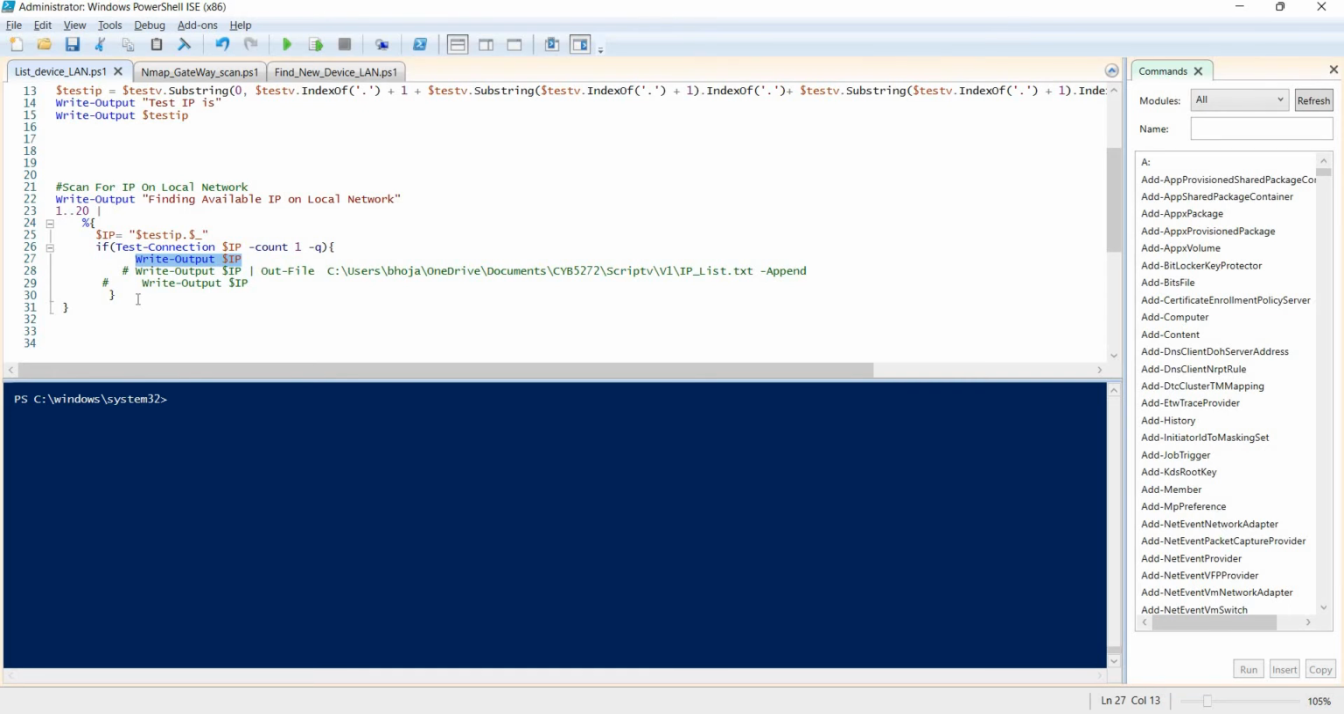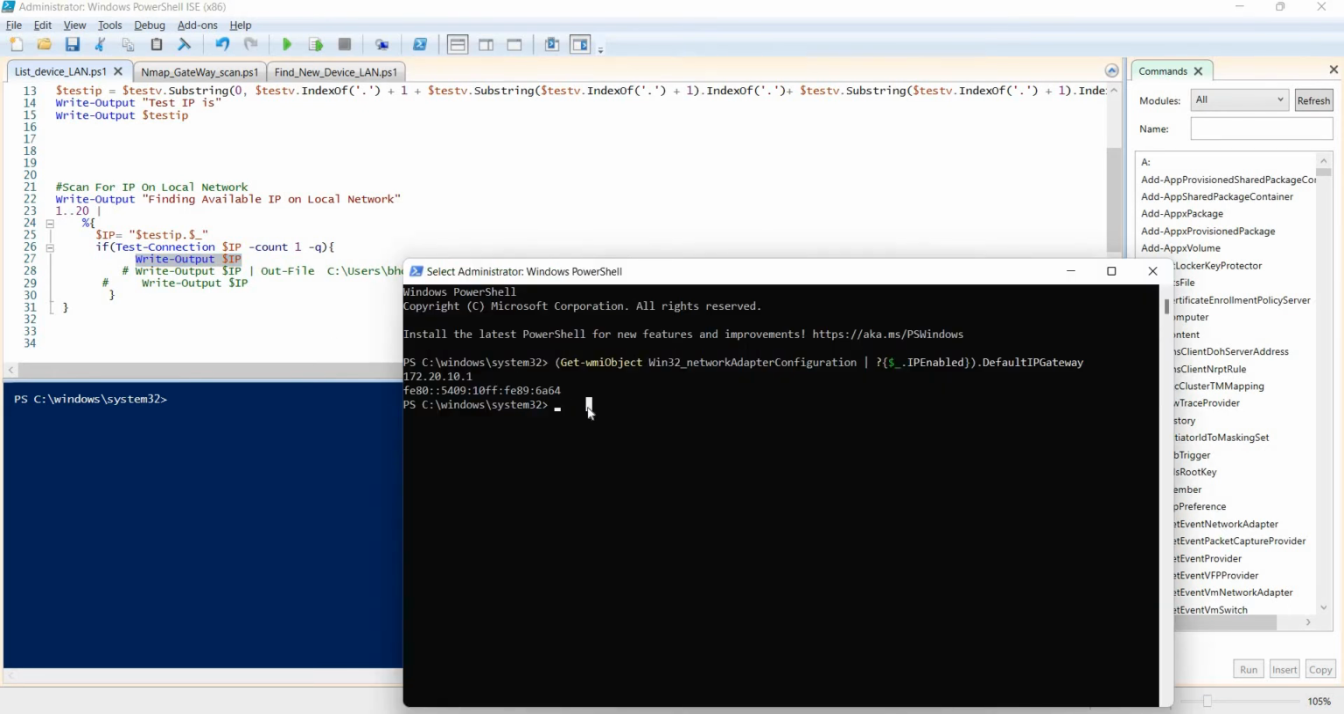So first let's try test connection. How does test connection work? Let's see. And let's try the gateway. So what's the gateway? Gateway is the actual IP of our router, and if we try with this test connection,